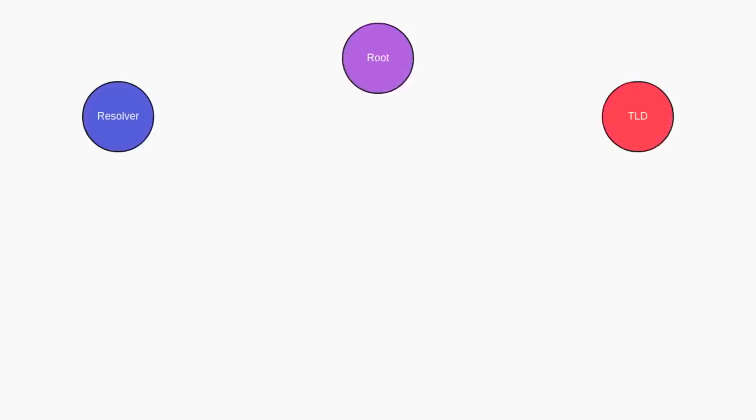If the address isn't in your cache, your computer reaches out to a DNS recursive resolver. Think of this as a librarian who knows where every book in the world is kept. The resolver doesn't know the address yet, so it asks the root name server. The root server doesn't know either, but it knows where the .com top-level domain server is. The resolver then travels to the TLD server, which directs it to the authoritative name server for the specific domain you're looking for. Finally, this server provides the IP address, like